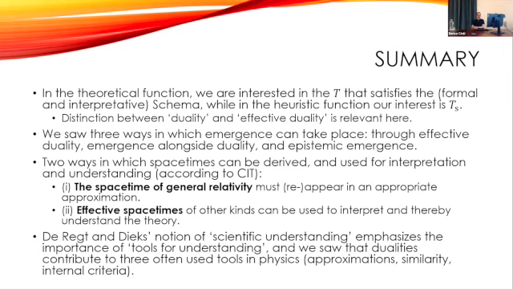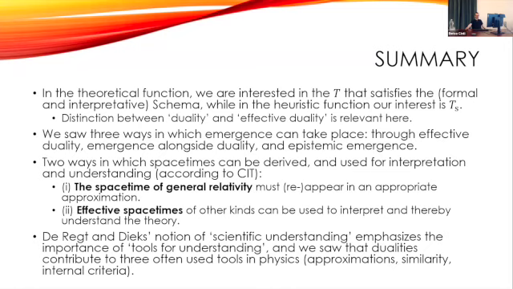One is to get the space-time of general relativity, and we saw how it must always reappear, and so we can always use that in this Hilbertian way to reinterpret the fundamental theory. And the second one is the more adventurous one, where you don't even take recourse to general relativity, but you develop some other kind of space-time, for example, an effective space-time, like the one we saw for the topological expansion of Yang-Mills, where it's not supposed to be a realistic space-time in any sense, but just a useful tool,